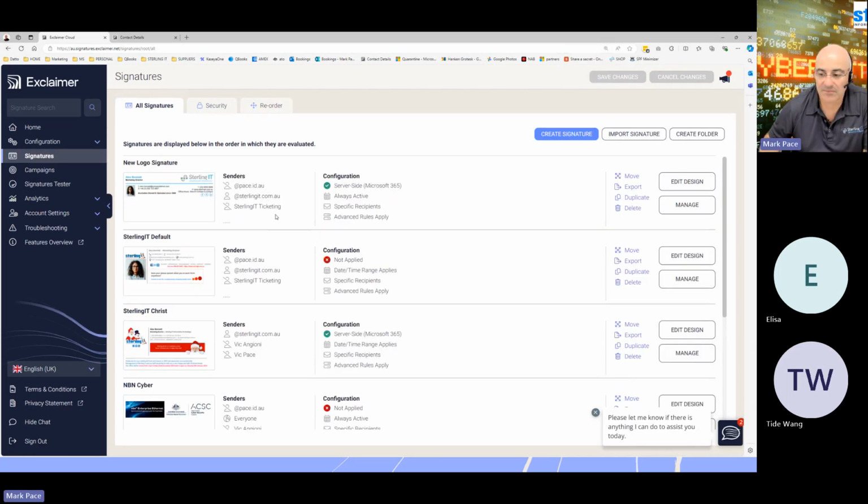This is our old signature here. We call that the Sterling IT default signature. As you can see, it says not applied. We're not using this one anymore. This basically had our old logo, so we've done our rebranding, and we've moved into this new logo here. So if I just take a quick look at this particular logo here, the first one where it says new logo signature,